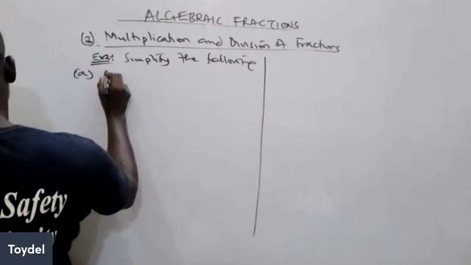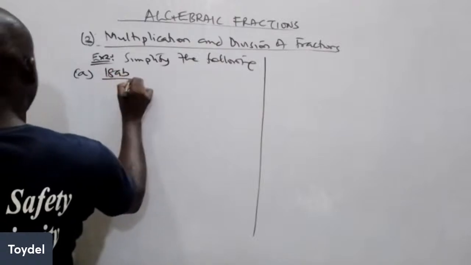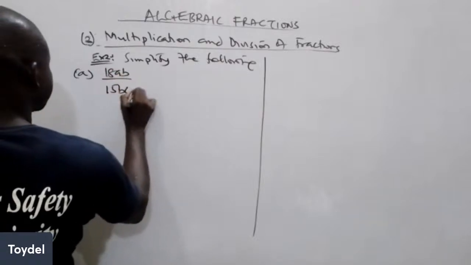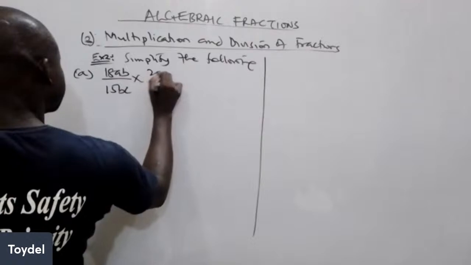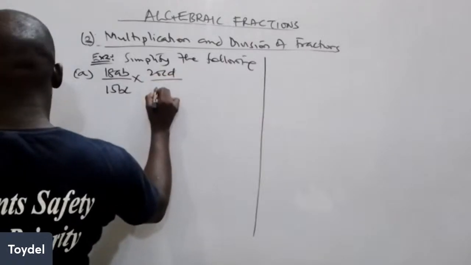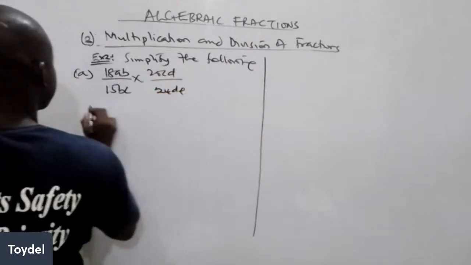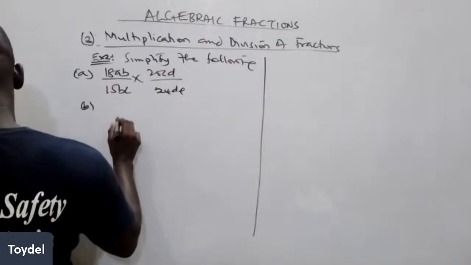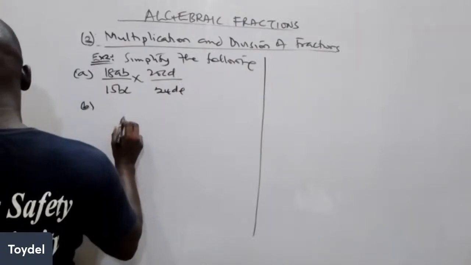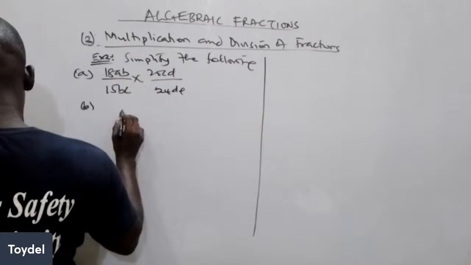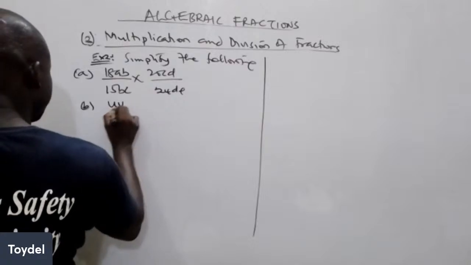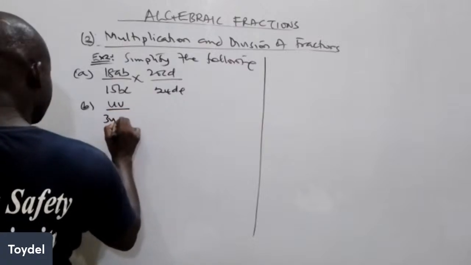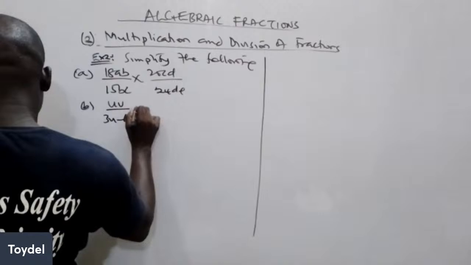If 18ab all over 15bc multiplied by 20cd all over 24de. And let's take another example, B, where we have uv all over 3u minus 6v multiplied by,